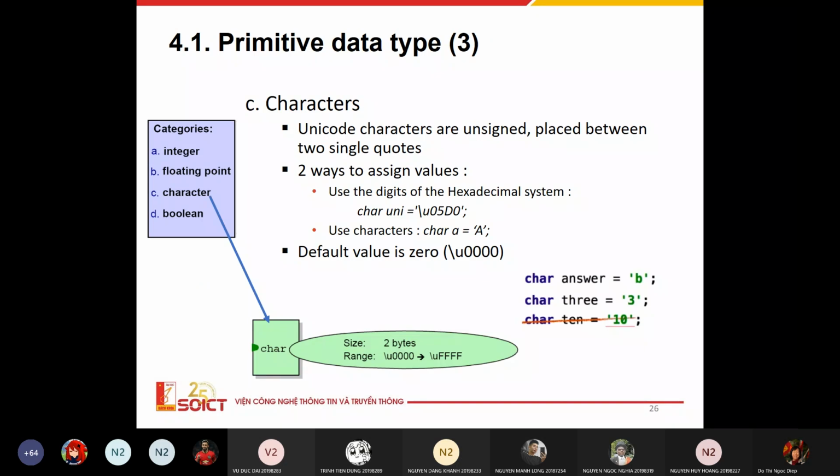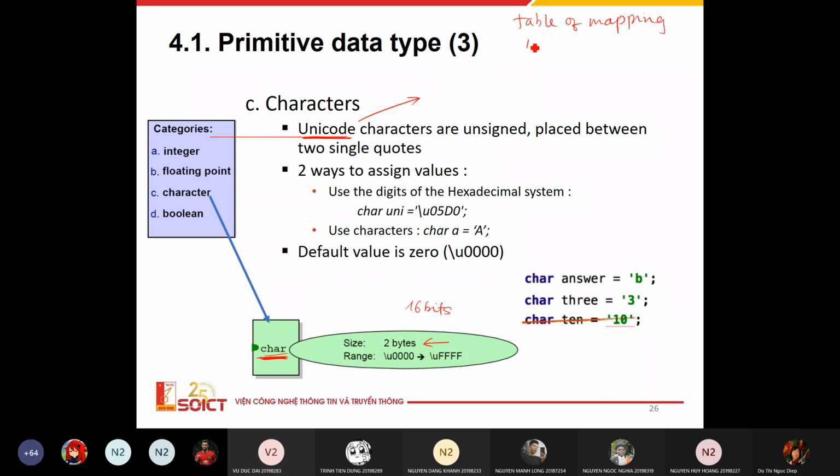And for characters, Java has the kind char, which is short for character, of the size 2 bytes. They use 16 bits to represent the character, and because they use 16 bits, they can represent Unicode characters. What do you know about Unicode characters? Unicode is a table of mapping between the symbol and the value